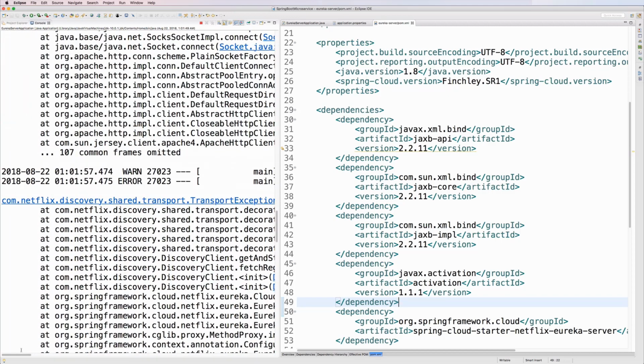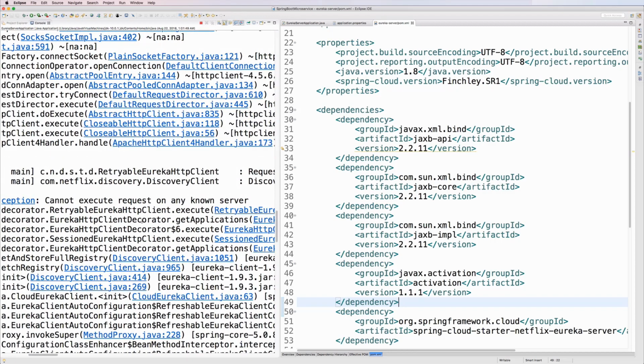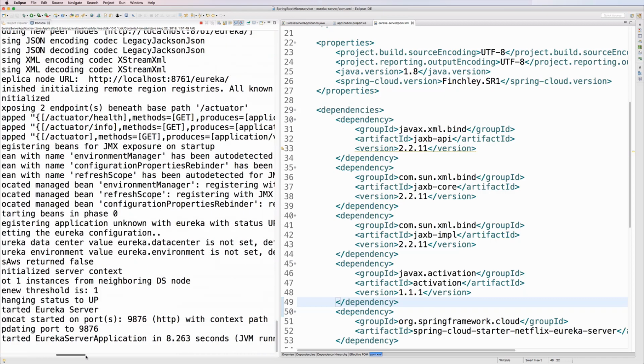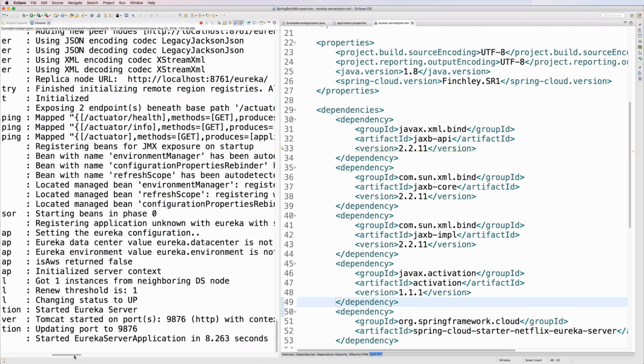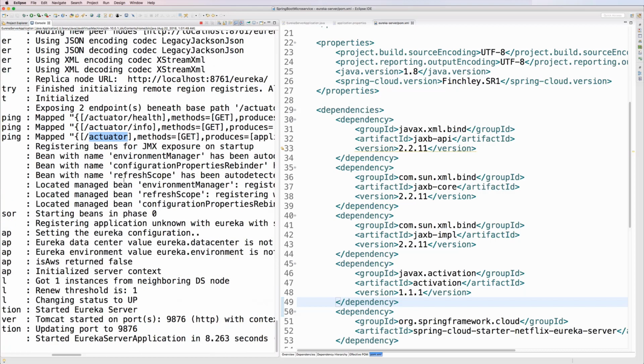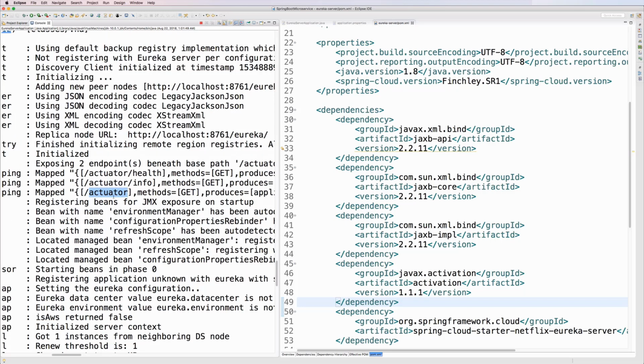Yeah, right. So yes, that's fine. That just means that right now we don't actually have any services running, so that's just what it's giving us a warning about. Don't pay attention. This error doesn't really mean anything. It won't actually hinder our performance anyway. Okay, so now you can see that it mapped a few things here. So it mapped actuator here